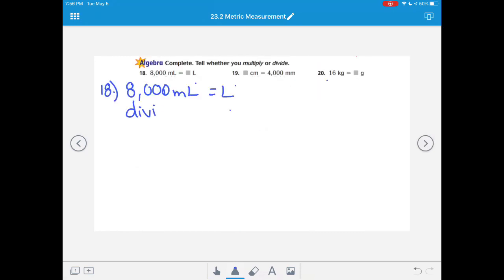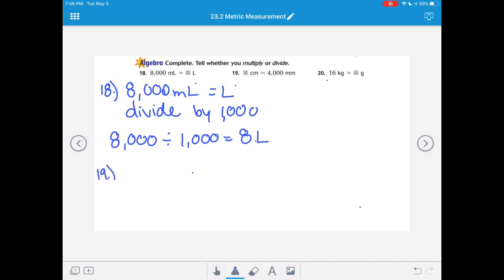And then let's actually go a step further and solve it. So I'll do 8,000 divided by 1,000. You can do this mentally or with your calculator, and you should get that it equals 8 liters. Number 19. Number 19 says centimeters, going from centimeters to